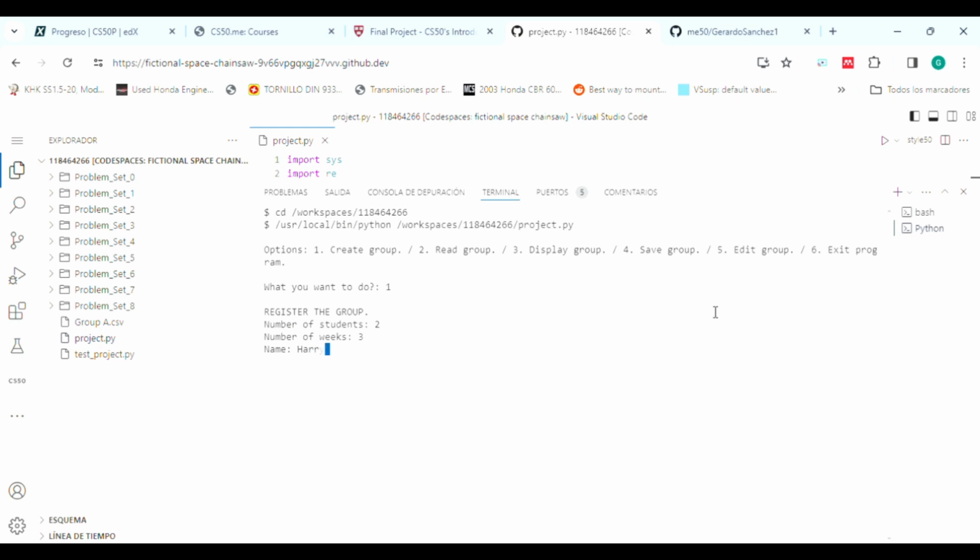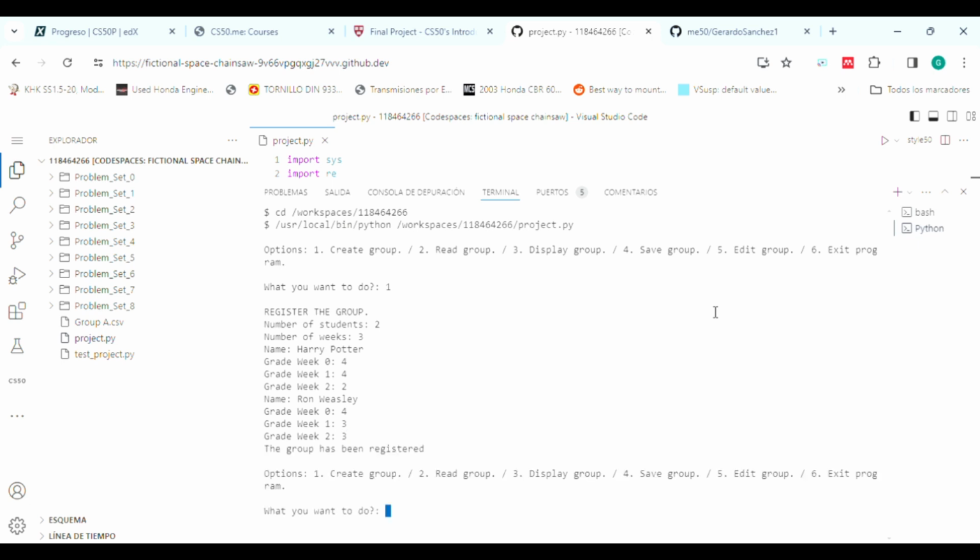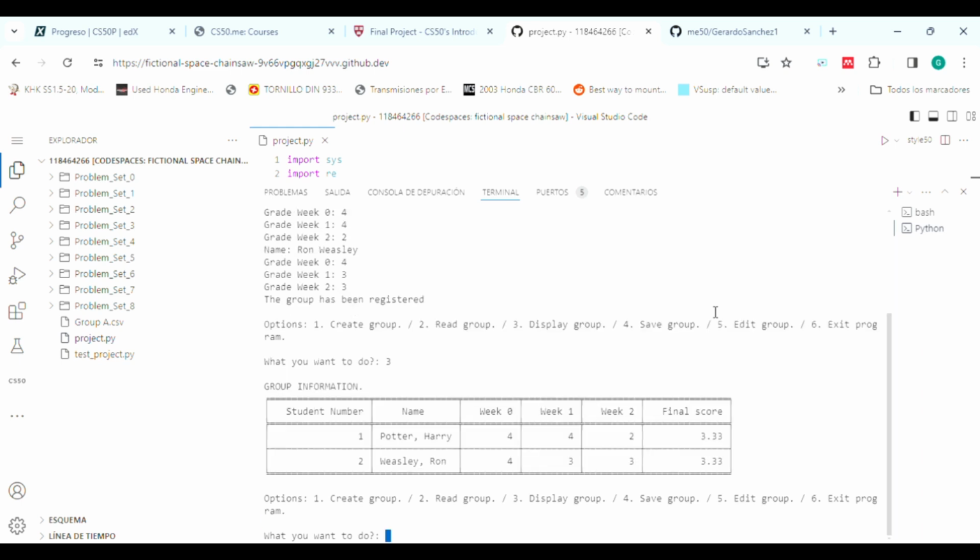Now let's just add the random names. Let's say Harry Potter characters. And now run. And now we can check that everything has been properly done by displaying the group. And we can see that there's our group